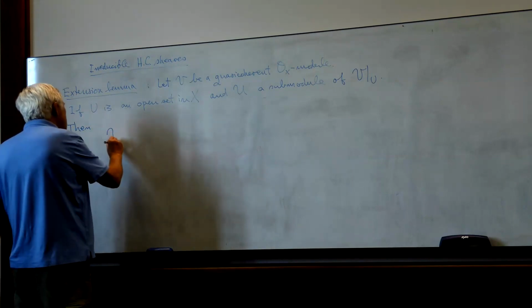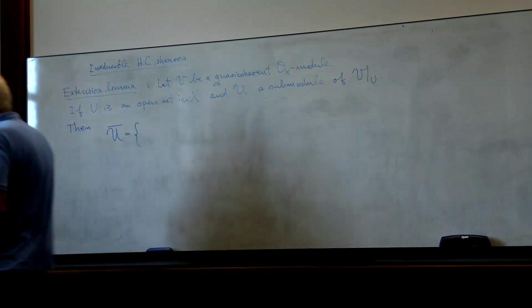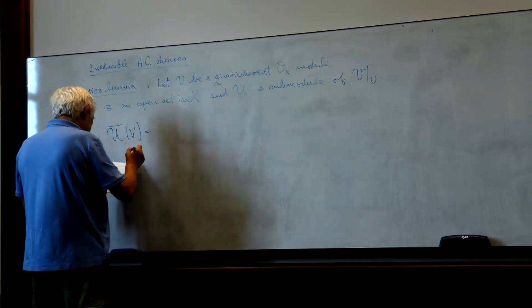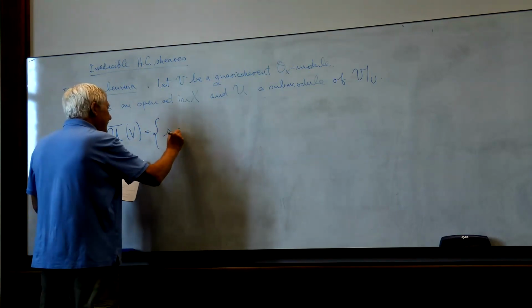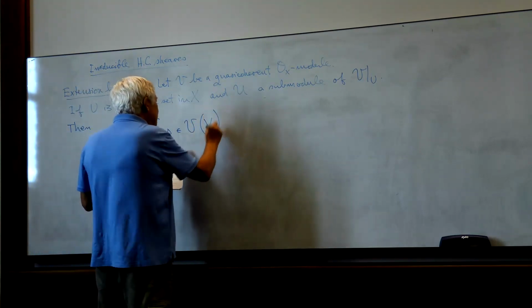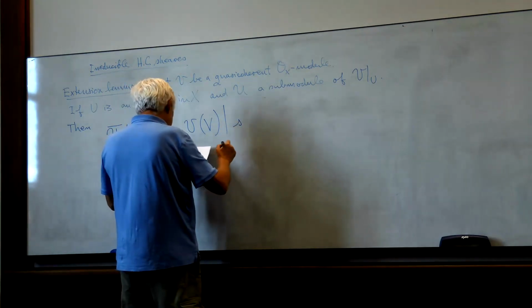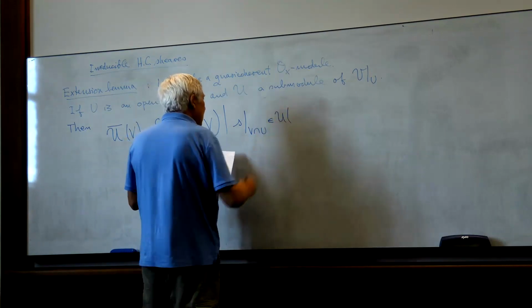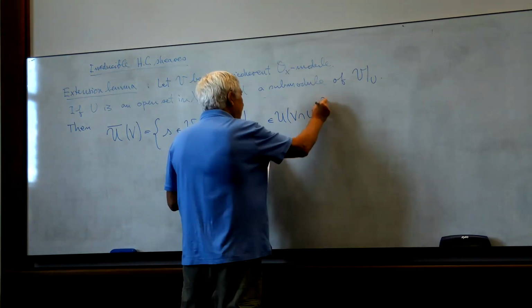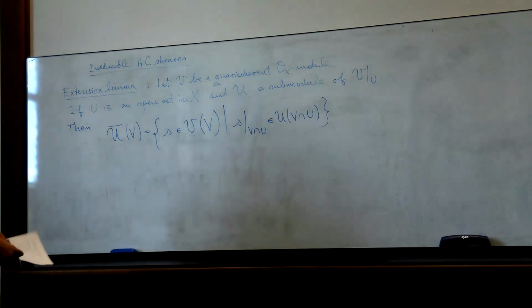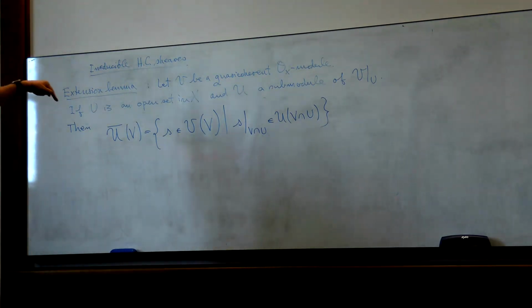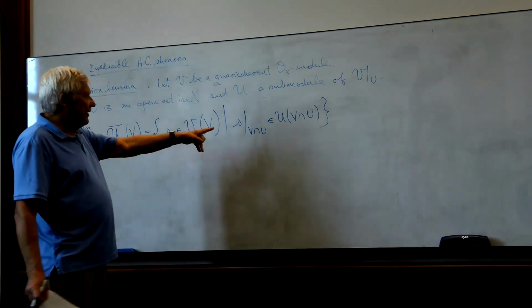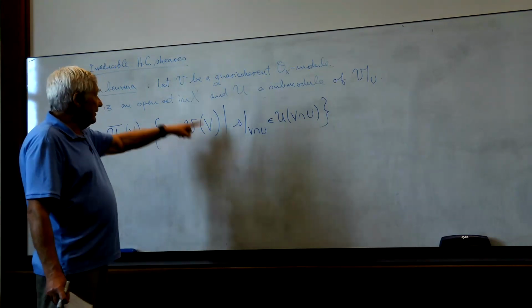We can define U bar on an open set V as the set of all sections S on V such that the section restricted to V intersected with U is in U of V intersected with U. So basically what we do, we create a sheaf on X such that for any open set, we take all the sections which restrict to U in that section.